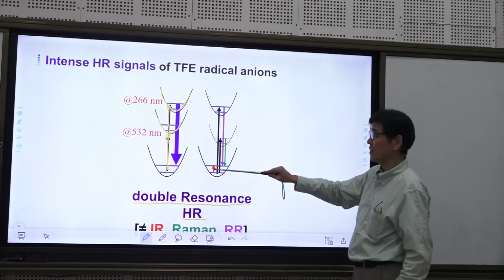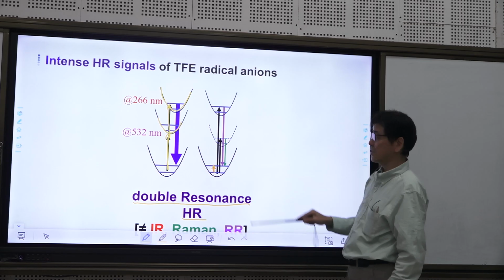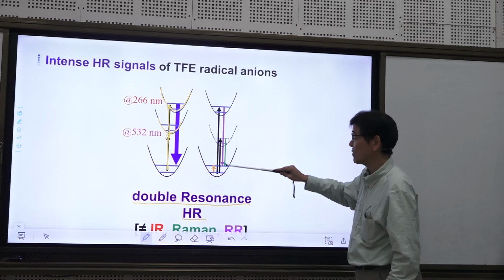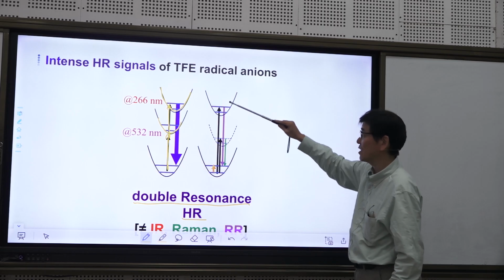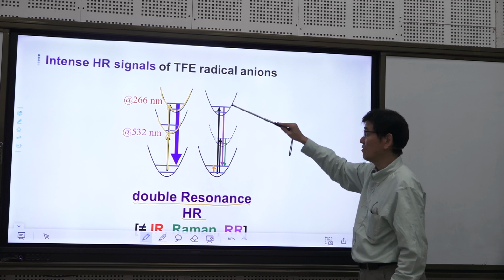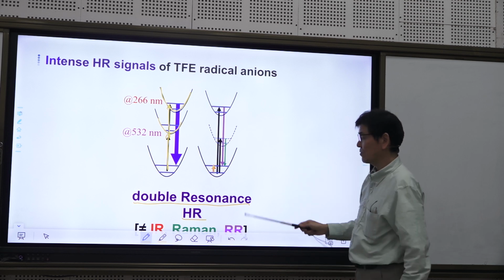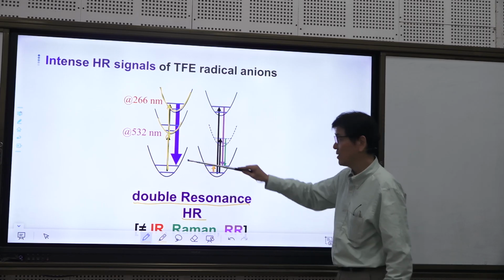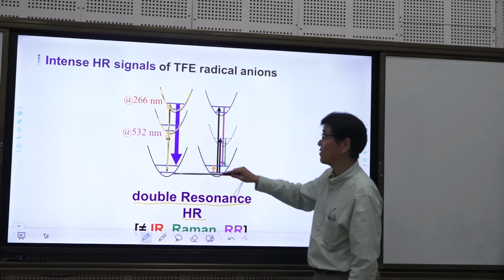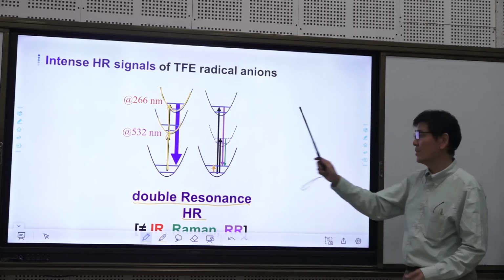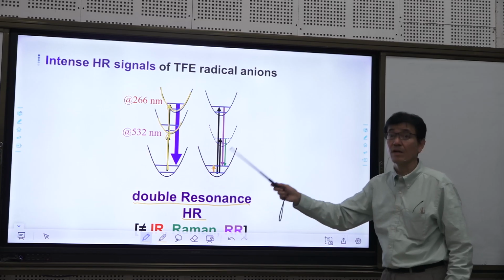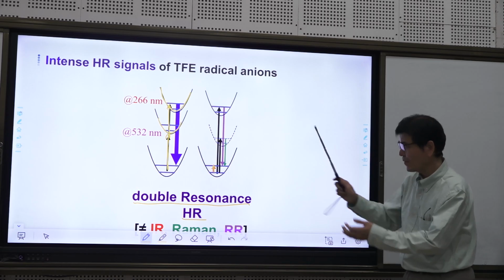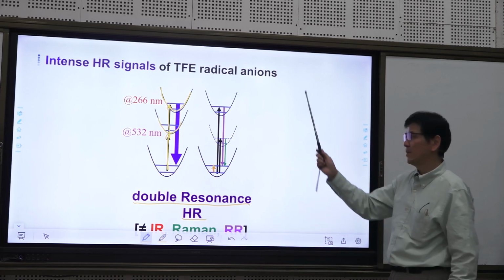It absorbs IR light and one-photon excitation occurs. Or in the Raman spectrum, resonance Raman spectroscopy, one-photon excitation and one-photon emission. In the case of resonance Raman, only one resonance effect is available. In the case of hyper-Raman, twice, double resonance is available. So it's a quite unique feature of hyper-Raman spectroscopy, and I believe hyper-Raman spectroscopy can